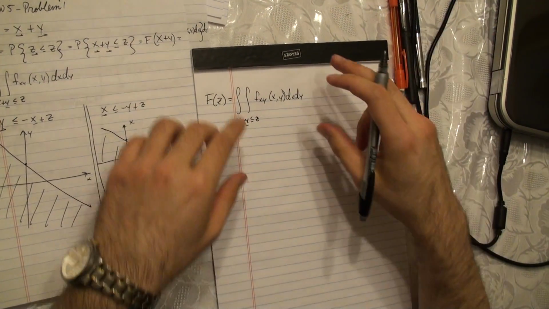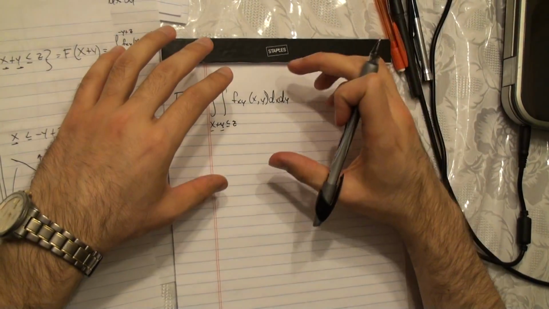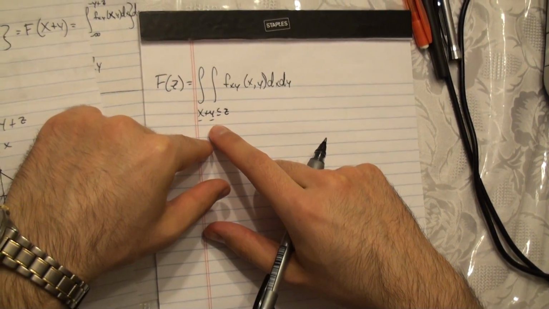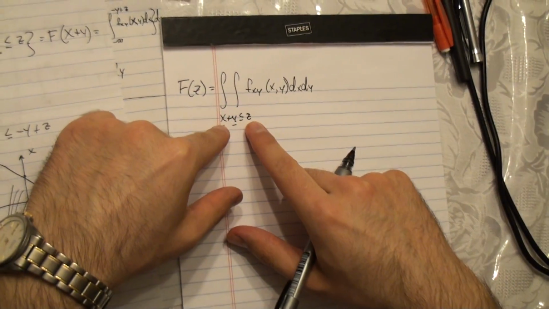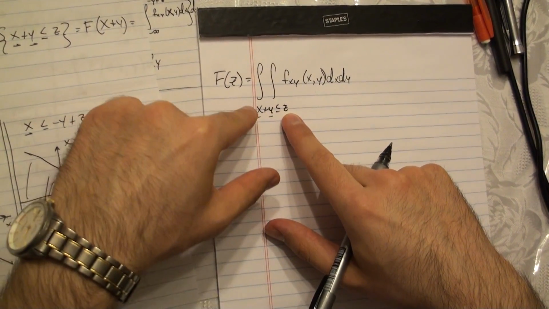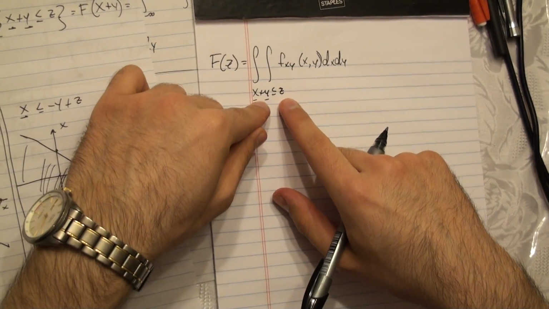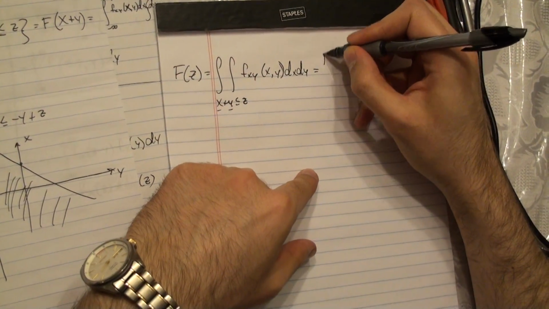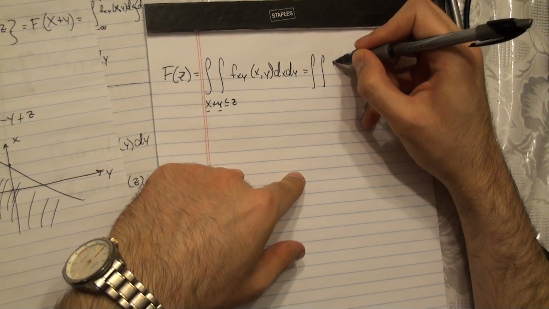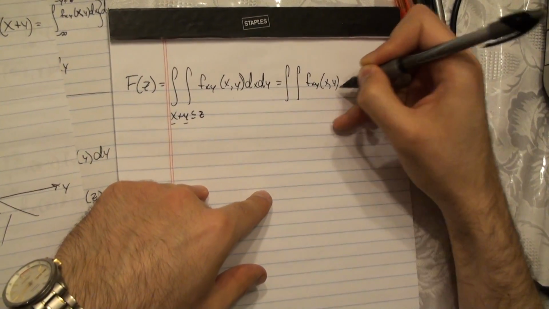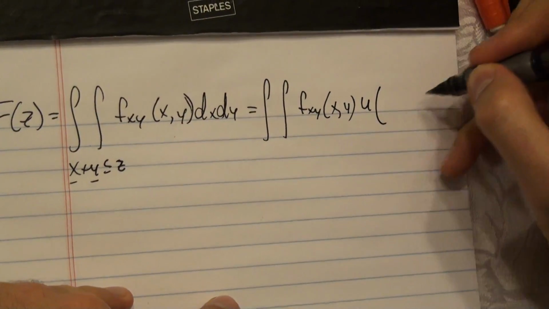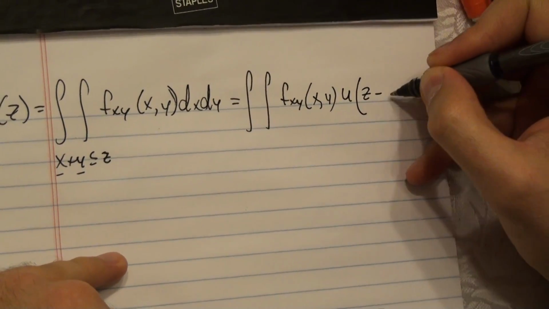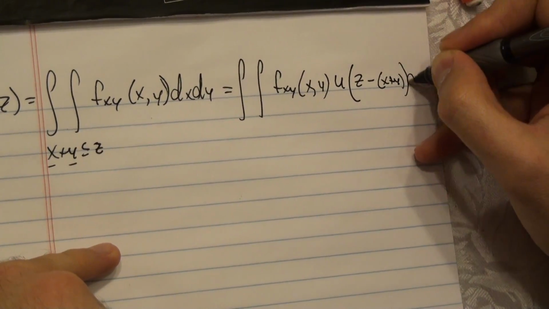We can write this because x plus y must be less than z, otherwise it doesn't exist. We can write this as the step function of z minus (x plus y), dx